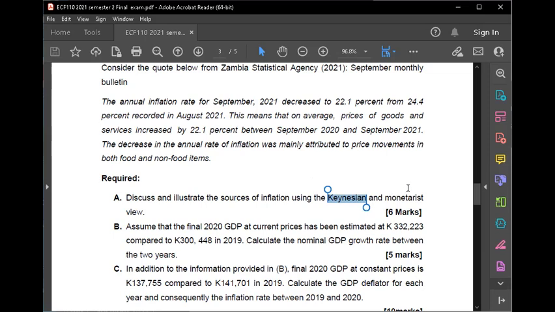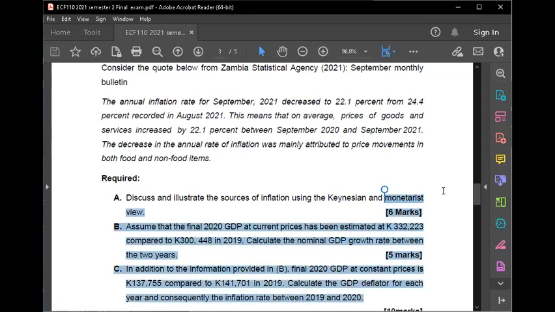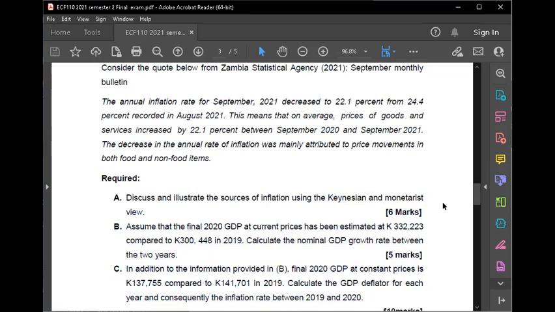So under the monetarist, they only have one reason why inflation is there, and that is an increase in money supply. So for them, they'll just say an increase in money supply will lead to an increase in inflation. Whereas the Keynesians, they have all these other reasons. They say it's not money supply, which is the cause. We have the demand pull inflation, which is caused by anything. For example, an increase in